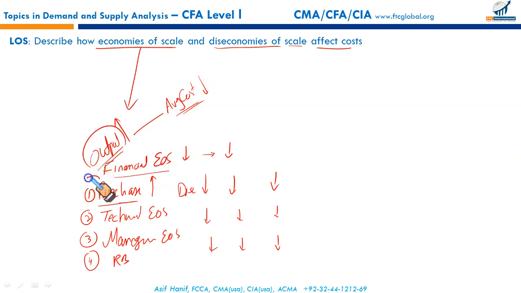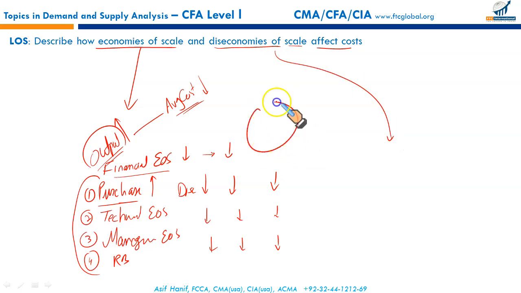They are all internal, but there are some external economies of scale as well. Maybe where you are located, there are many similar businesses, and such businesses have built up the infrastructure there so as to support each other. This would result in more efficiencies, so the cost could fall. Then there are diseconomies of scale. Now there are always two sides to the coin. This is the good side, and let me show you the ugly side.